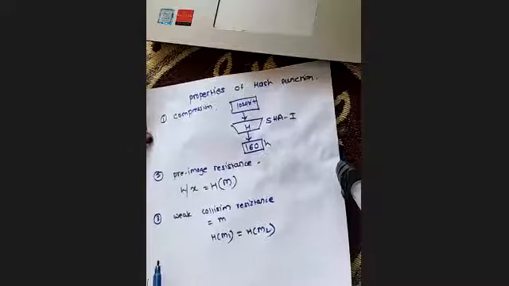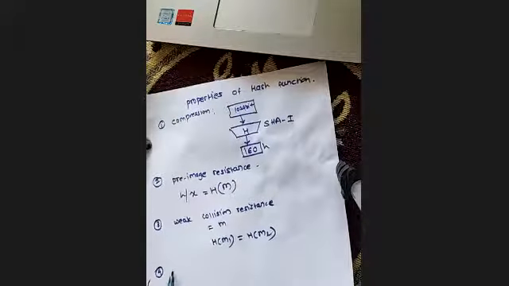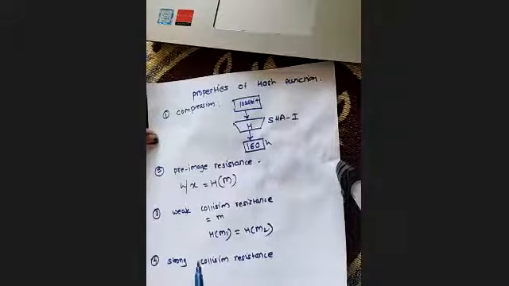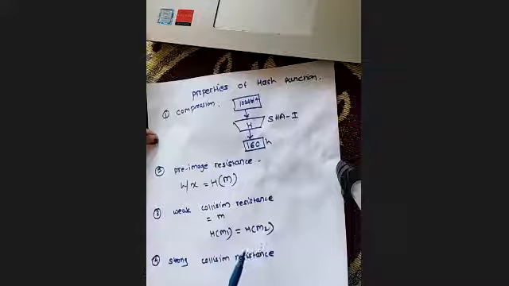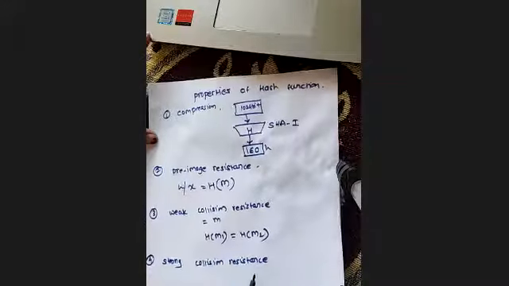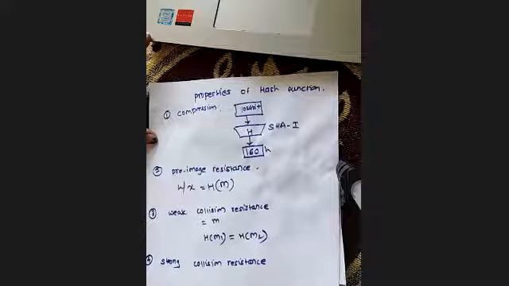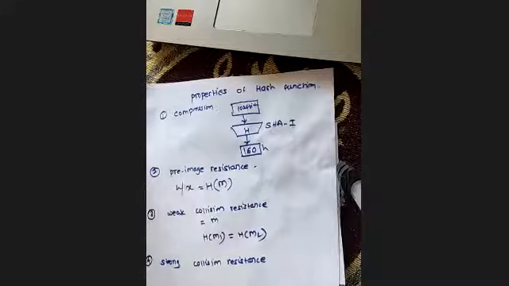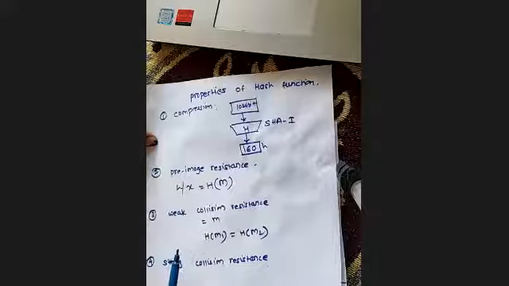Okay, now there is one more property which is called strong collision resistance. Now when we say strong collision resistance, it looks like the weak collision resistance itself. मतलब what this strong collision resistance means is it is difficult to find any two different messages that have the same hash value, but the difference between these two, weak and strong, is